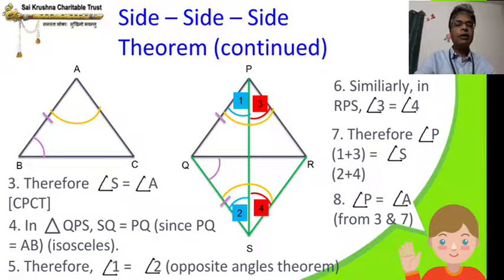I have just put that orange color arc in that angle P from point number 3 and 7. In 3 we saw S equal to A, and in 7 we have seen S equal to P. Automatically Euclid comes here, things which are equal to the same thing. So angle P equal to angle A. So now we can see the orange arc, angle A equal to angle S we proved initially. Now we proved angle S equal to angle P. Therefore angle A equal to angle P.